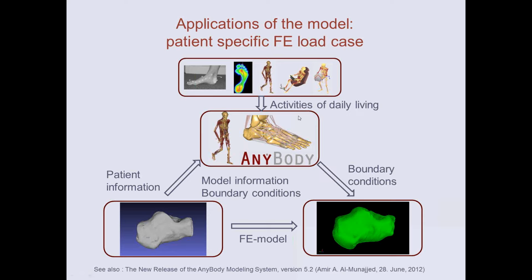Then we have an activity of daily living that we want to study, that we want to get the loads for, so that can be walking or running. That means we need motion and pressure for this activity. Then we put all that in the model, run the inverse dynamics, and we can export the load case to